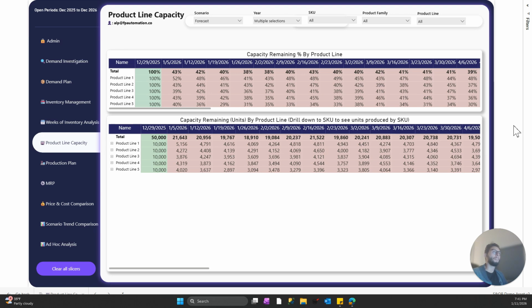Welcome to part 4 of our multi-part series on sales and operations planning within the Microsoft Fabric and Acterys ecosystem. In our previous video, we talked about the weeks of inventory analyses and how companies can understand where they have overstock and understock situations to figure out what SKUs they need to focus on in order to put further production planning measures in place to meet the necessary unconstrained demand based on constrained demand limits that they have within the organization itself. In this video, we're going to be covering the production planning process and how exactly companies can use